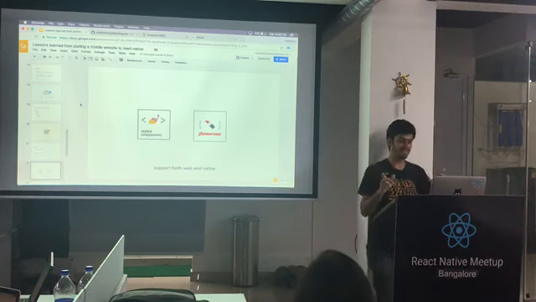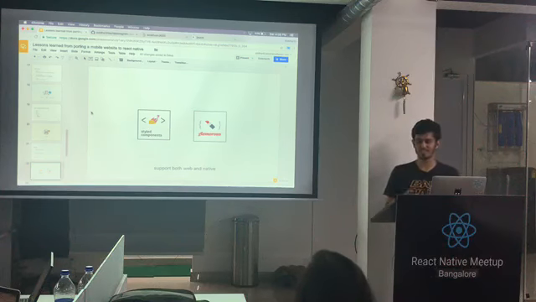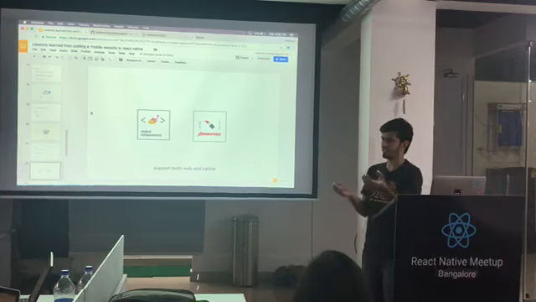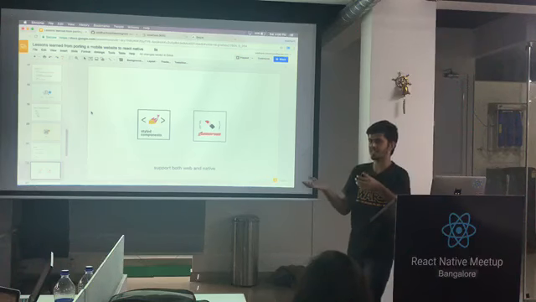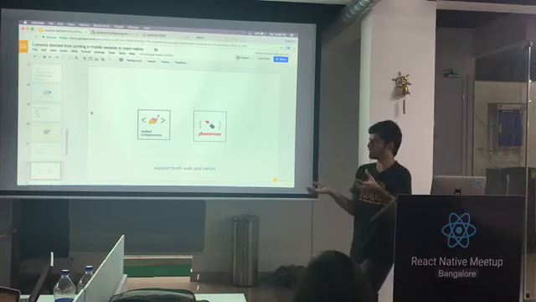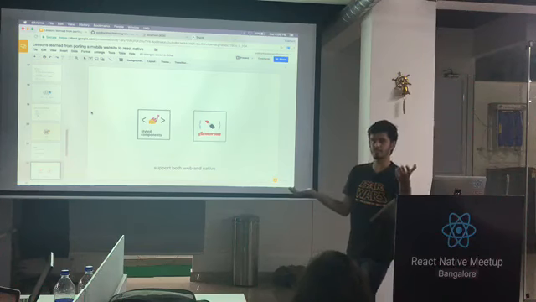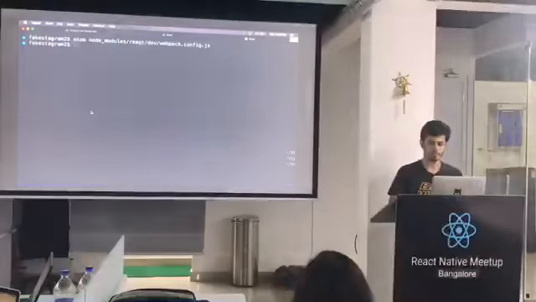There's still a tiny clause over here, which is styled-components gives you two flavors. It gives you styled-components as a library, and it also gives you styled-components/native as a library. And now you have to decide if I'm on web, use the web one, if I'm on native, use the native one. So how do you do this?